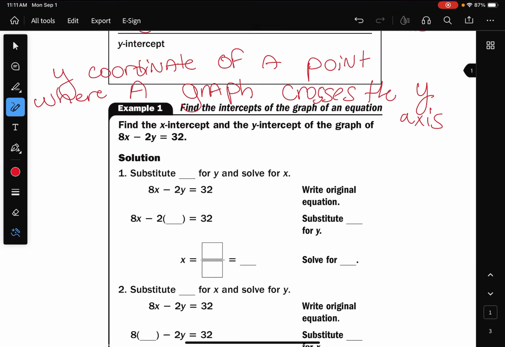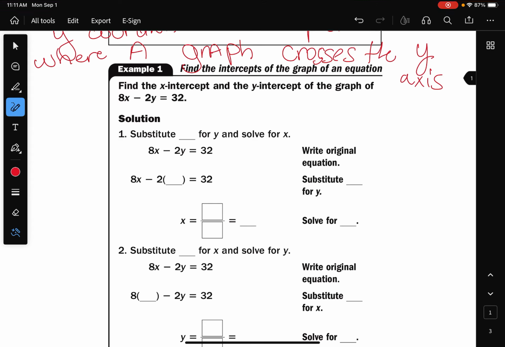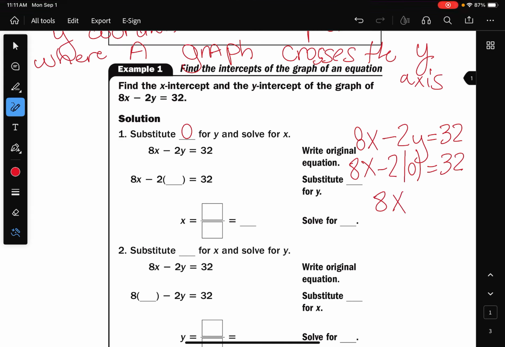So if you're given a problem 8x minus 2y equals 32, you're going to start by substituting 0 for y and solving for x. So I have 8x minus 2y equals 32. And remember, we have to show our step-by-step work in order for Ms. Zaluska to give us full credit. So you have 8x minus 2, parentheses 0, equals 32, which means we get 8x equals 32 and x equals